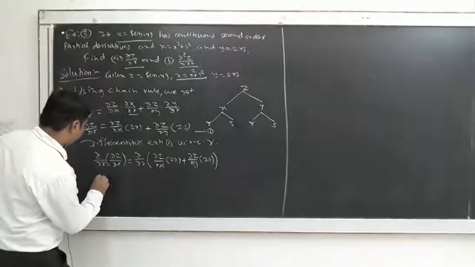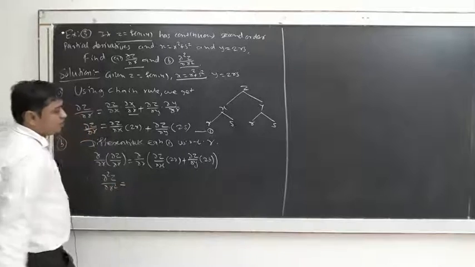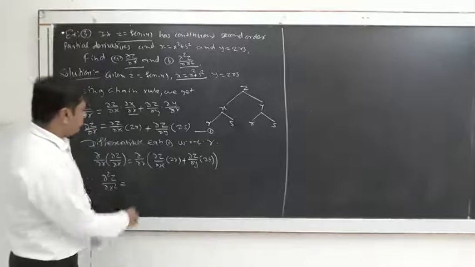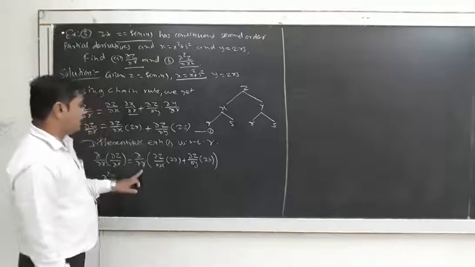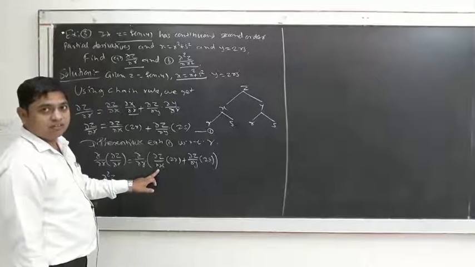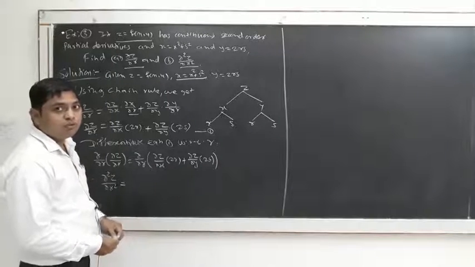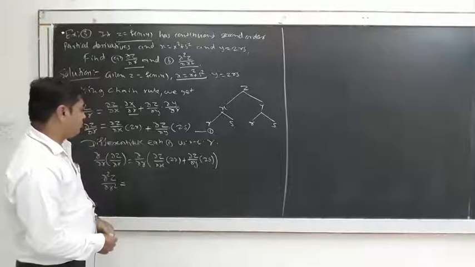Okay, getting this. Now what we can write? This is nothing but our ∂²z/∂r² is equal to. Now this is ∂/∂r, here r and here is z_x. That means both are functions of r, therefore we have to use the product rule here.